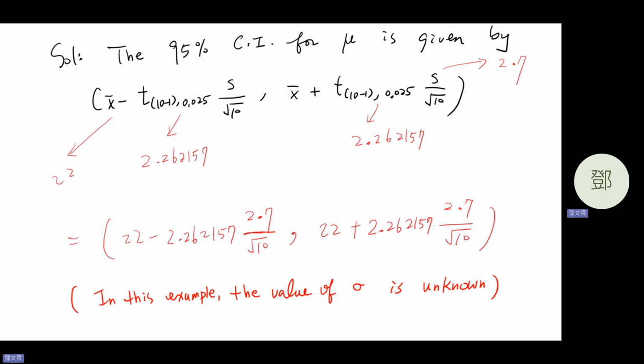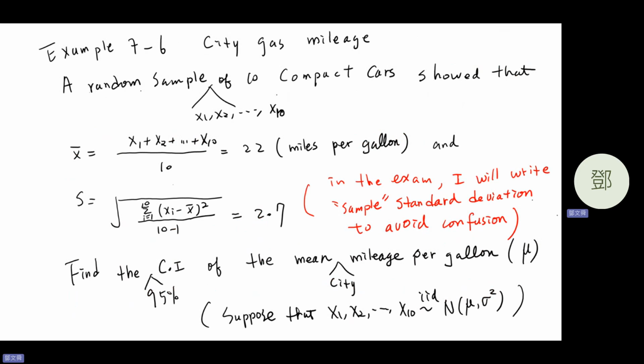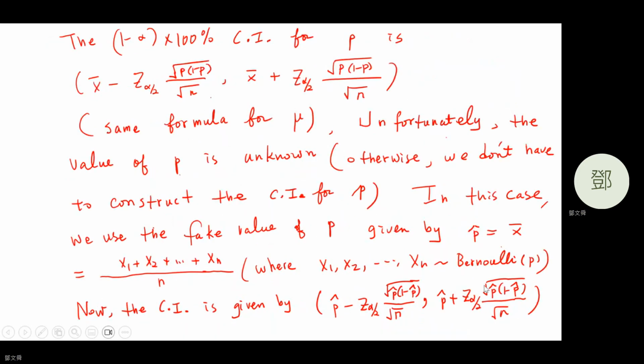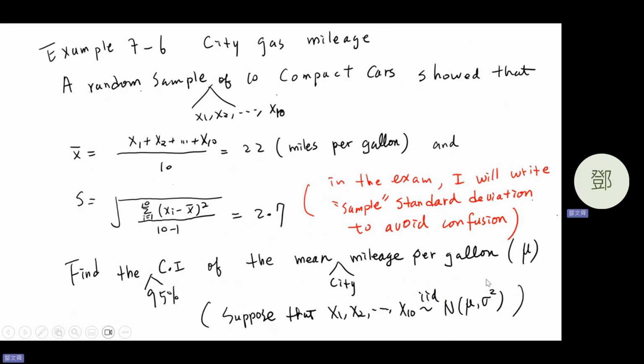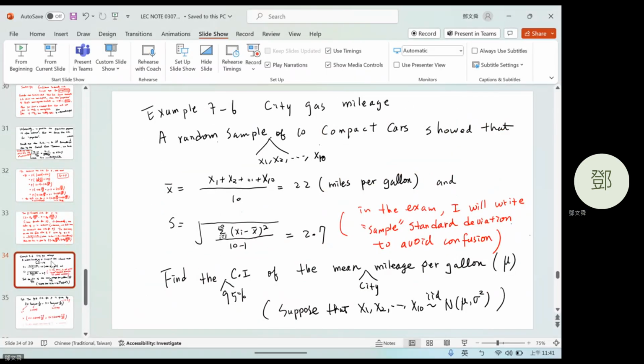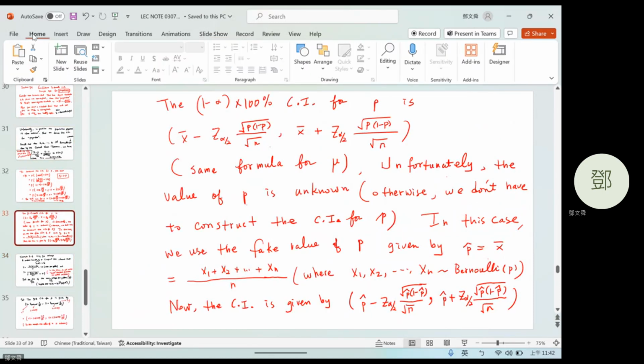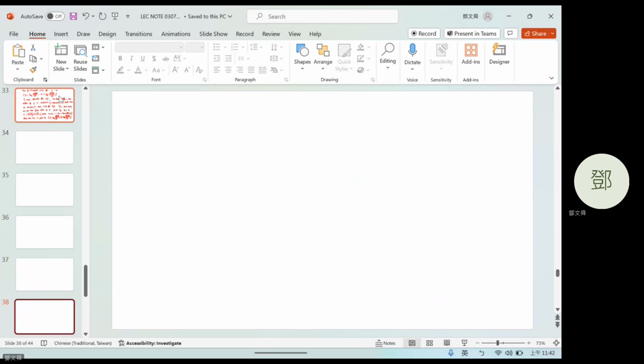And what if the value of sigma is known already? So let me add an example again. An earlier example. Earlier example here is,